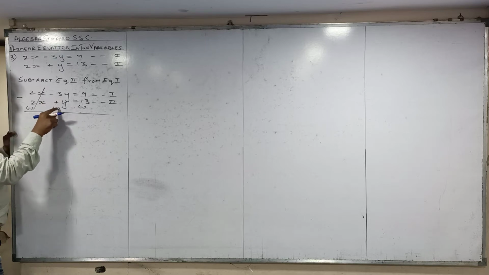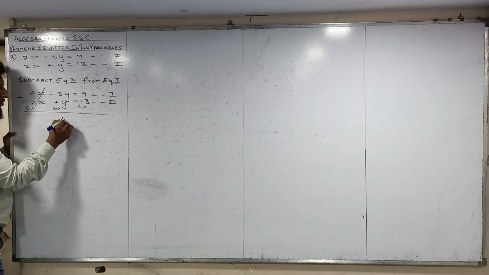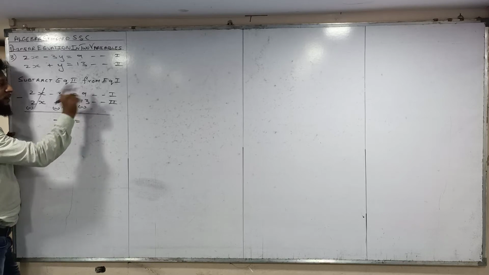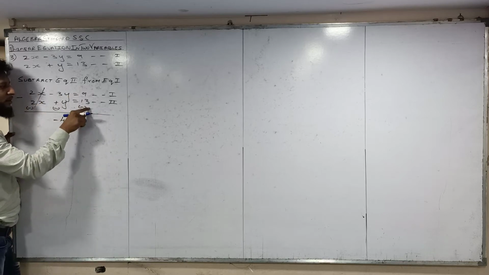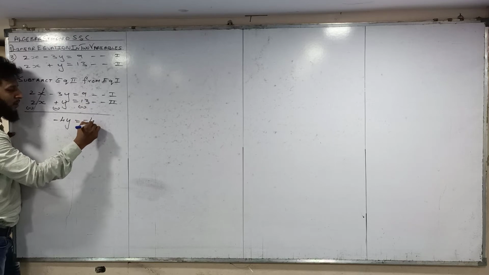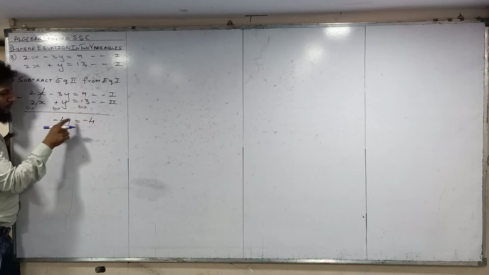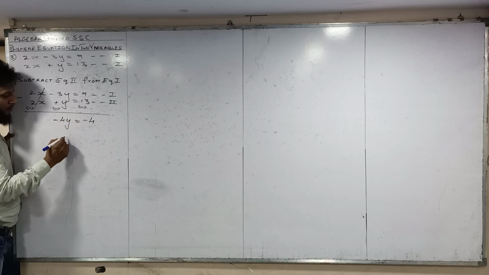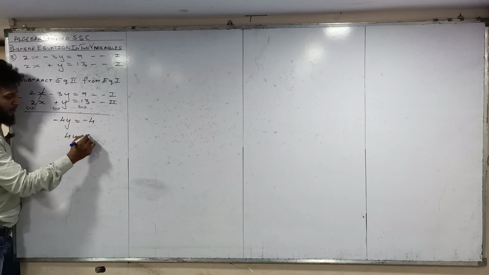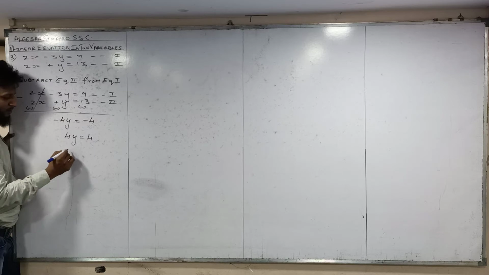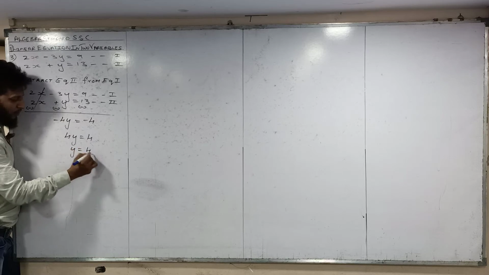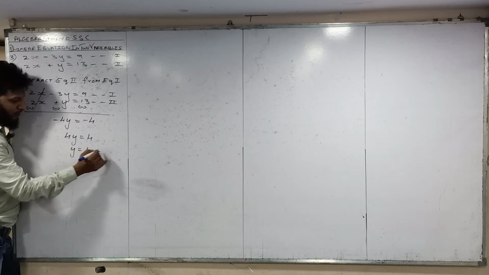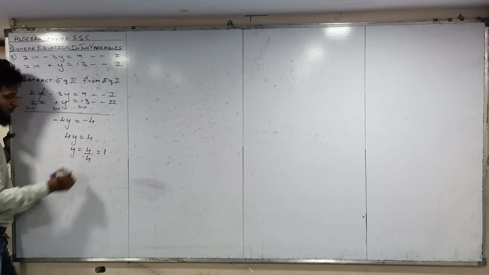This minus 3y and minus y means minus 4y. Here minus 13 and plus 9 means minus 13 plus 9 minus 4. Both the variable and this number have minus signs, so we'll cancel this sign. Minus minus cancel. y is equal to 4 upon 4, we will divide. 4 ones are 4, so the value of y is 1.